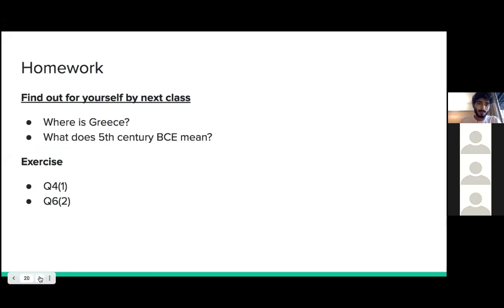And your homework for the next class, which will probably be on Monday. First class will surely be on Monday. I just may take more than 2 classes next week. So this is your homework. You need to find out where is Greece, what does 5th century BCE mean, and in your exercise, you need to solve these two questions, right? Question 4, part 1, and question 6, part 2. If you've made a note of all of this, then you